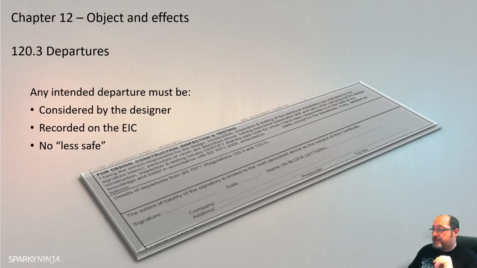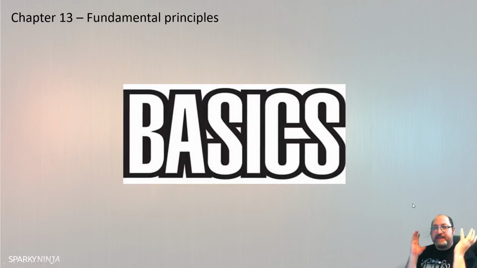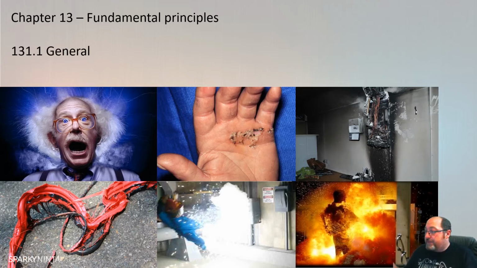We then are introduced to Chapter 13, the fundamental principles, which is basically a way of saying what are the basics, what are the must-have basics of BS 7671. So we must have and we must achieve protection for safety. Okay, it says 131.1, the requirements of this chapter are intended to provide for the safety of persons, livestock, and property against dangers and damage which may arise in reasonable use. So if it's used in an unreasonable way, then maybe that's not a problem. But if you're using it in a reasonable way,